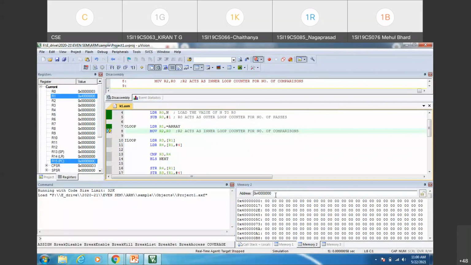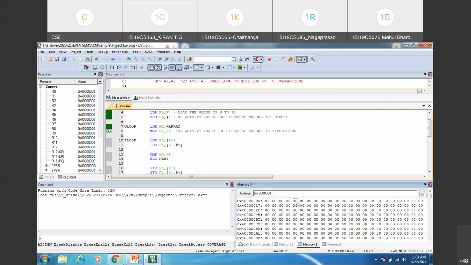Now, since we need to fetch the data from these locations, first let me edit. If you double click on this memory location, you can go for editing the data. Let me give the data as 4321. 4 word data I want to initialize in the memory. It is an unsigned number. I'll give 4, and after 4 you need to leave 3 byte locations, since it is 00000004, a 4 byte, 32-bit data. This is how you have to edit the locations.